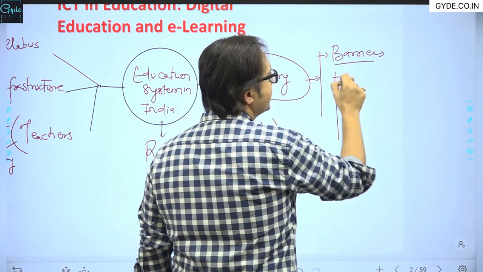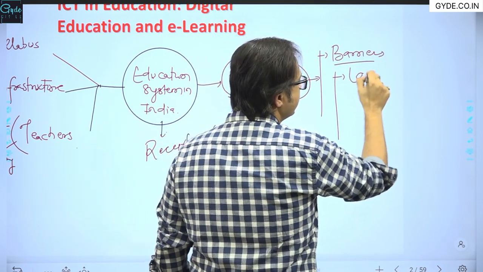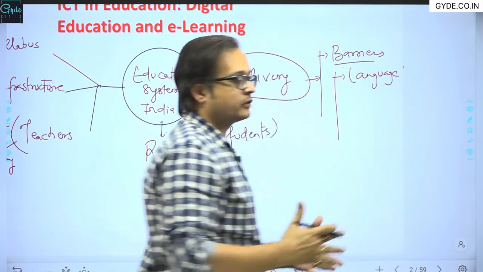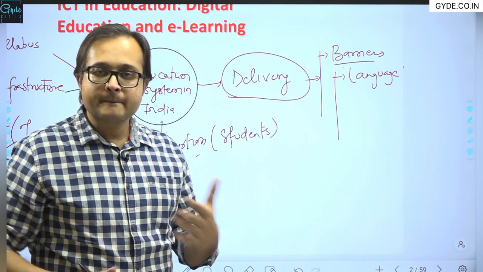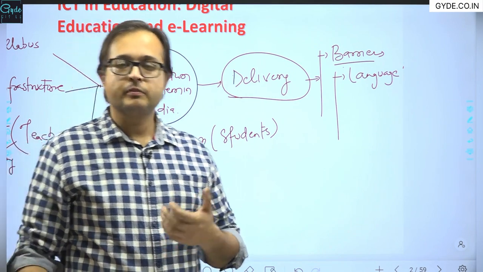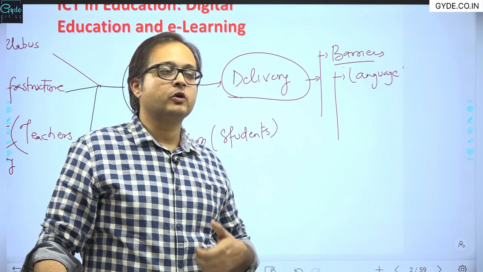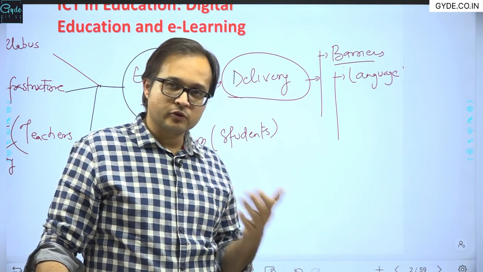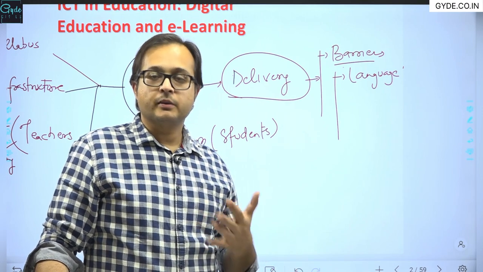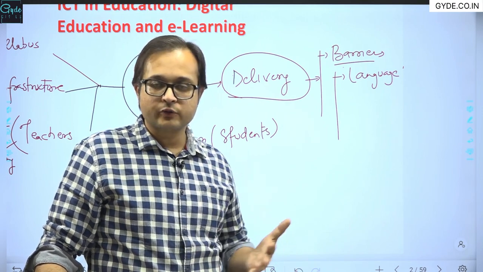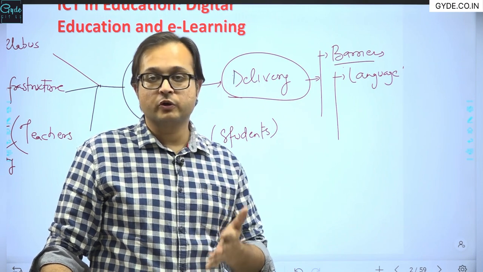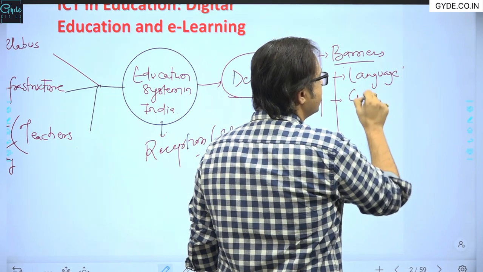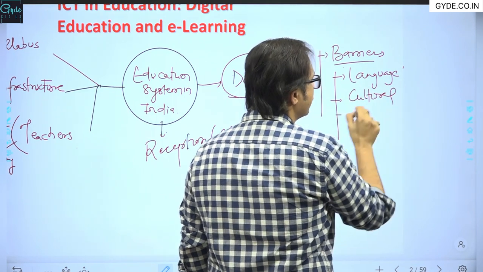These barriers can be linguistic or language barriers. The Hindi-English barrier is one of the biggest barriers that we see in the northern part of the country. A student coming from a rural area may not be fluent enough in English, comes to the urban institutes, and then faces difficulties relative to language, and sometimes they drop out because of this language barrier. The language barriers are there, the cultural barriers are there, the social barriers are there.